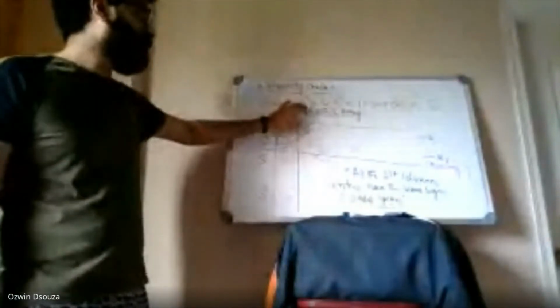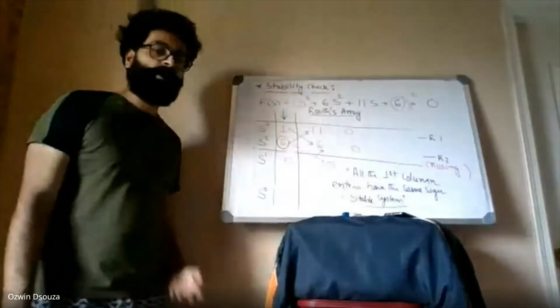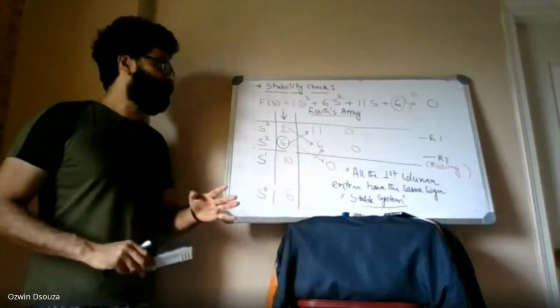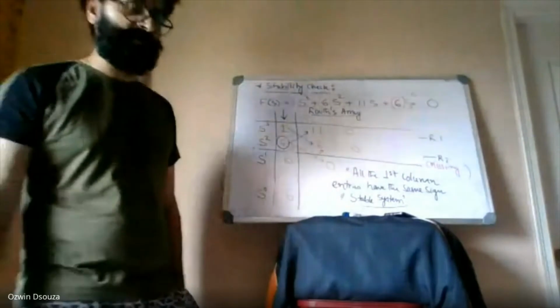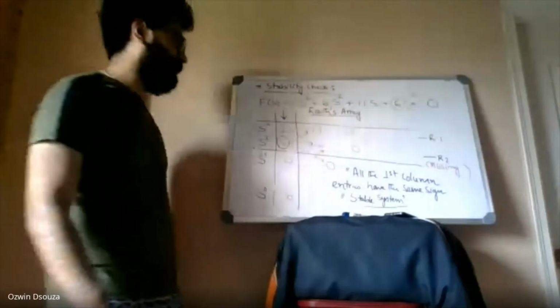So for this particular system, how many roots are you going to have, or how many closed loop poles are you going to have? 3 closed loop poles. And all the closed loop poles should be there on the LHS of the s-plane. I'll leave it to you, because the other day I've taken a couple of examples to examine the stability based on the locations of closed loop poles. So this particular characteristic equation, I will leave it to you. Please cross check after this class. All right. So this is a stable system.